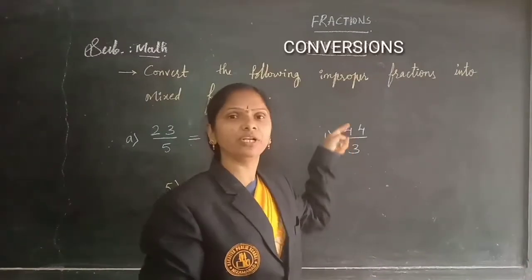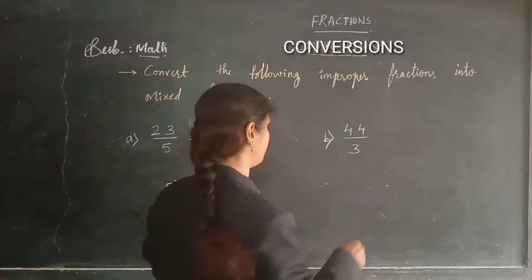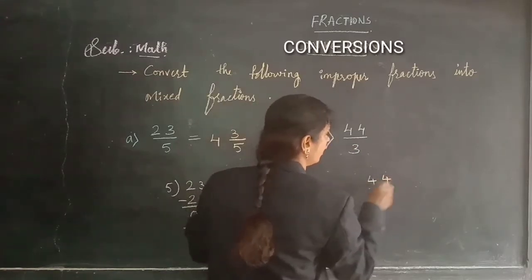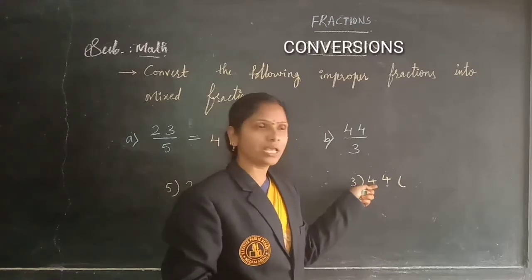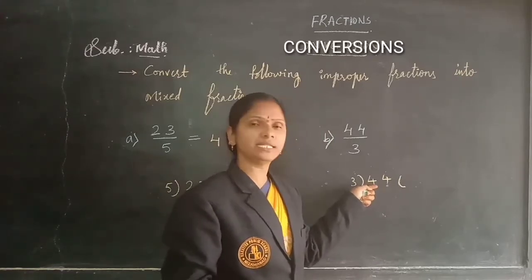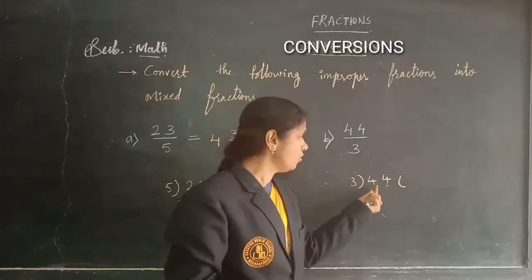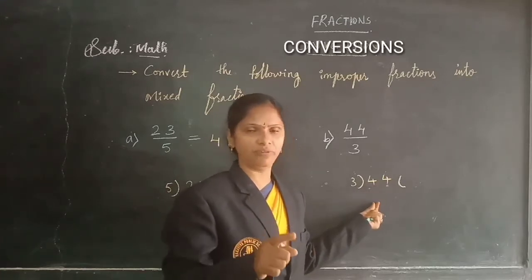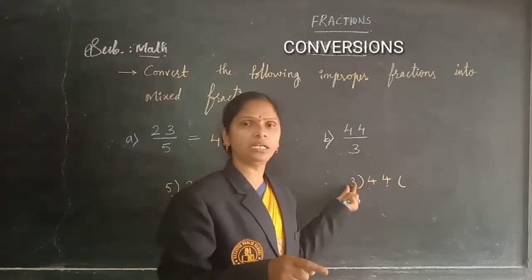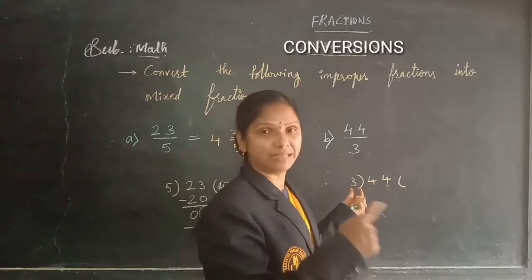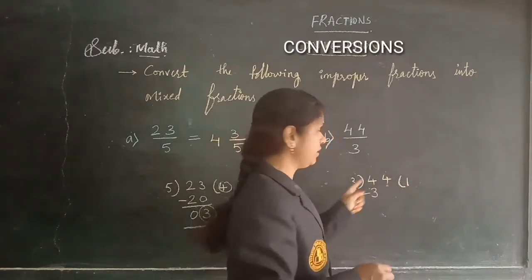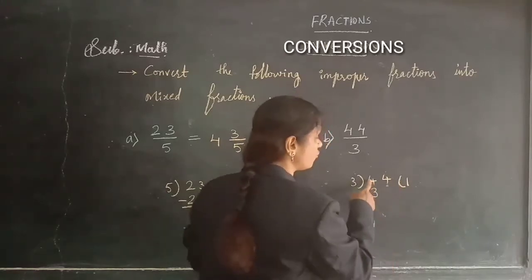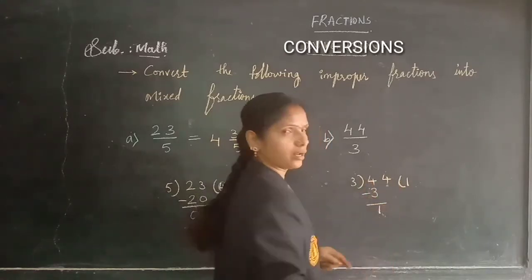44 by 3. 44 you need to divide by 3, children. Here 44 divided by 3. Now 4 is the first digit, and it is bigger than the divisor, children. So in the first step we need to divide only one digit. 4 will not come in the 3 table, no? So what do we take here? 3 ones are 3, which is smaller. You know the divisions now? 3 ones are 3. Now 4 minus 3 will be 1.